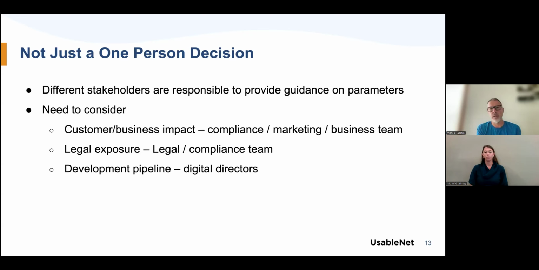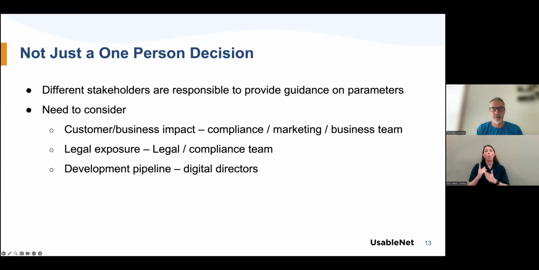Also, as you might have understood reading between the lines of the previous slides, it is not just one person's decision. So the impacts that we discussed before are also directly connected to responsibilities that the stakeholders have on the website.